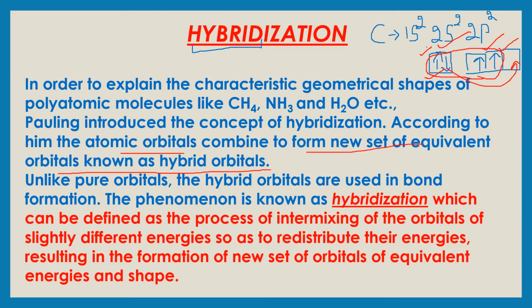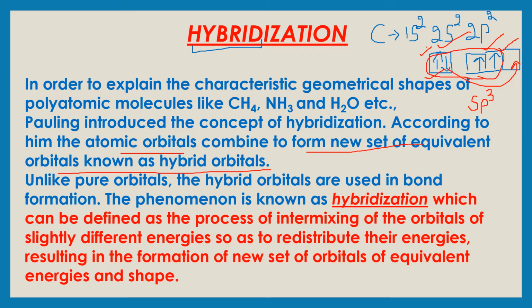Reason, because they have a lot of difference in their energy, and for hybridization the condition is slight difference in energy should be there. So 2s can easily combine with 2p. So if one s orbital, which is 2s, is combining with 3 p orbitals of 2p, 4 orbitals in total, we will get 4 hybridized orbitals, and they all will have sp3 as their symbol. If one s is hybridizing with 3 of the p orbitals, sp3, total 4 orbitals we get.